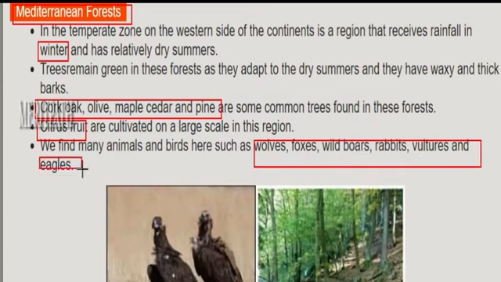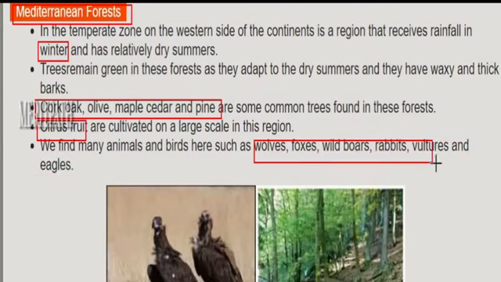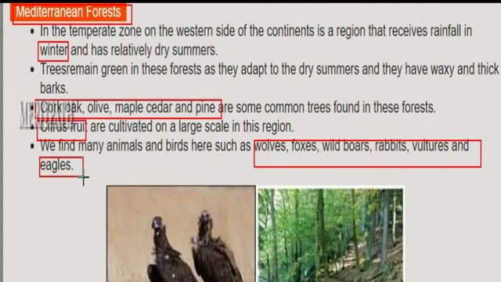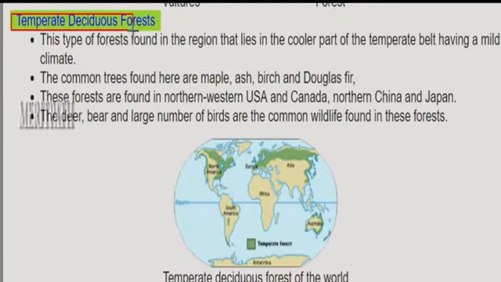We can find wolves, foxes, wild boars, rabbits, vultures and eagles in these Mediterranean forests. Now let us discuss temperate deciduous forest. What is temperate deciduous forest? Similarly, we'll divide the words and understand what it means. Temperate, as already discussed, is the same as we discussed a few minutes back. That is, it is found in the region of the Arctic Circle and Tropic of Cancer and Tropic of Capricorn and